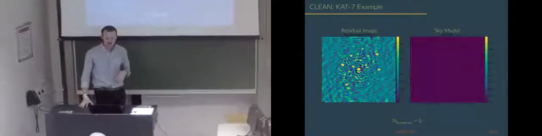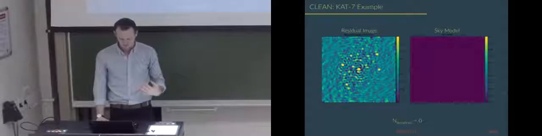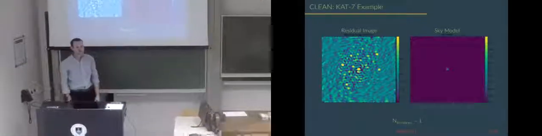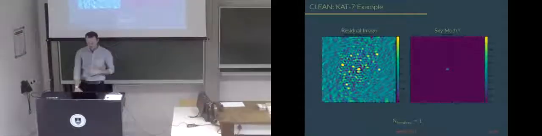Okay, so when we initialize our imager, our deconvolver, we have our residual image, which is just, remember, the dirty image, and then we have an empty sky model. So right now, there's nothing there. This is just our initialization. We haven't done a single iteration of deconvolution. Now, if we step forward one, a little source appears here. The middle source, that's the brightest flux, a bit of it has been subtracted out. We've subtracted a little bit that you can't even notice from the residual image and just added it to our sky model. So now our sky model has a single point source.